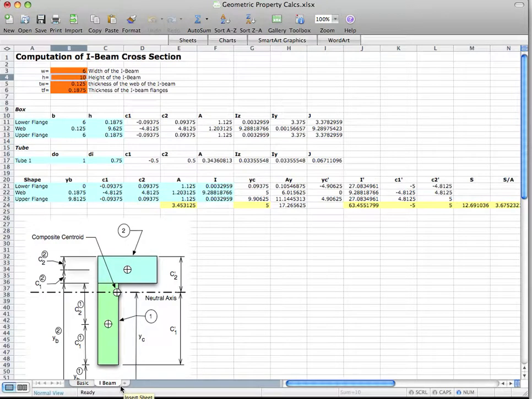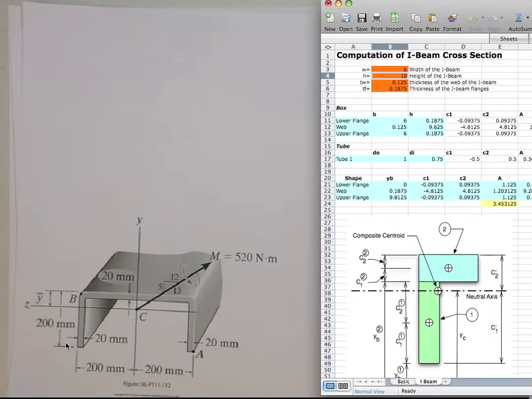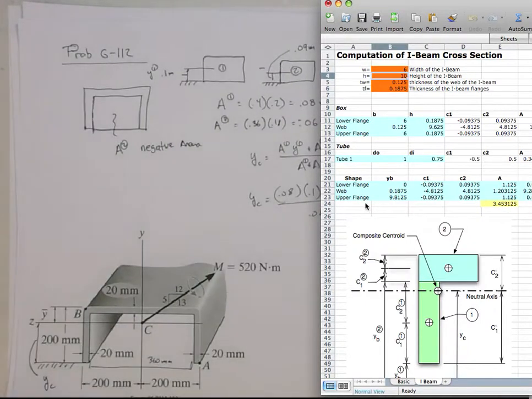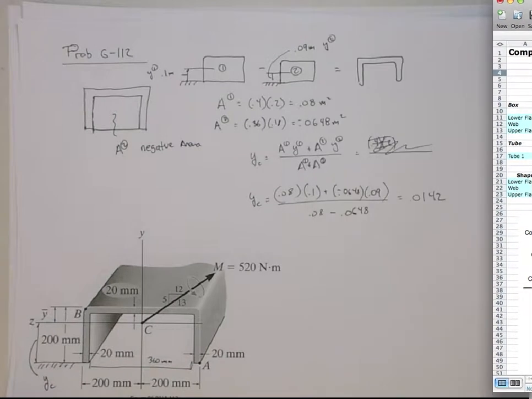So we have this problem here that we have to do, one of the problems I do online, where we have to compute the I's, actually about both axes, because this is a non-symmetric bending problem, for this C channel, or if you lay it down, we can call it an N channel because it's on its side. So here's the N channel, and the way I'm going to analyze this geometry is, I think this is the good approach for analyzing the geometry on this one,